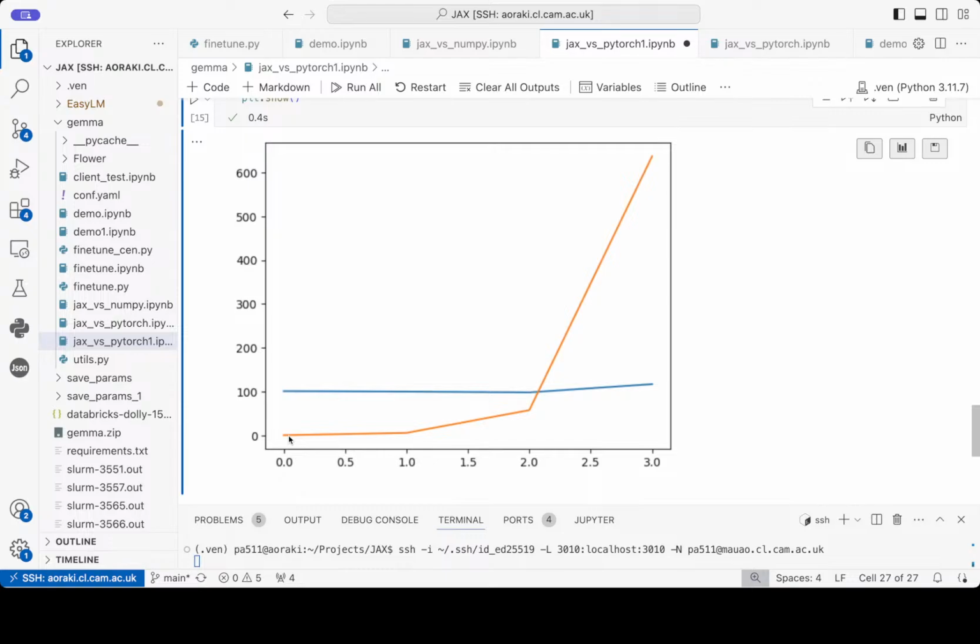Because it's good at scaling, its initial performance on small computational graphs is worse than PyTorch. But when you actually start applying this to very big models, computationally, Jax beats PyTorch by a lot. This doesn't help you with RAM or VRAM, but it helps you with computational cost.